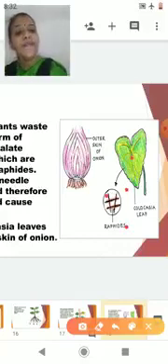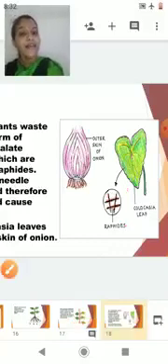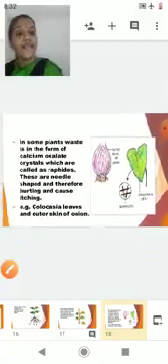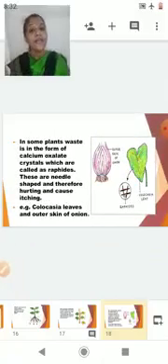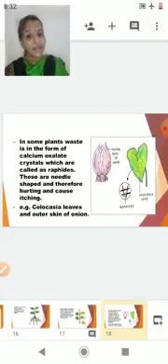Now this is usually present in the colocasia leaf and the outer skin of onion. Since these raphides are needle shaped, when we consume the colocasia leaf, we get some itching sensation and irritation in the throat. It hurts us. So that is because of the excretory product of the plant, which is the crystals of calcium oxalate, commonly called raphides.